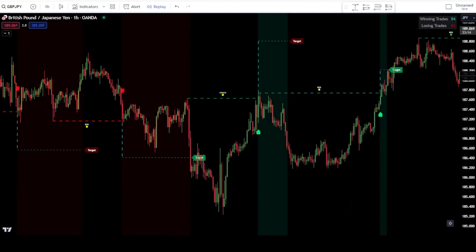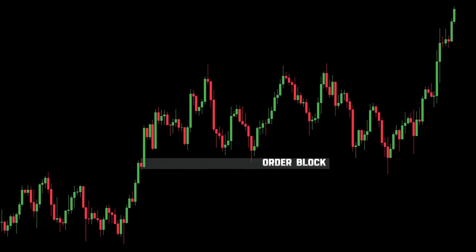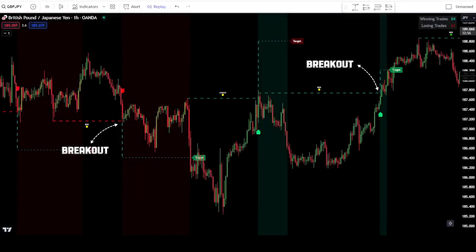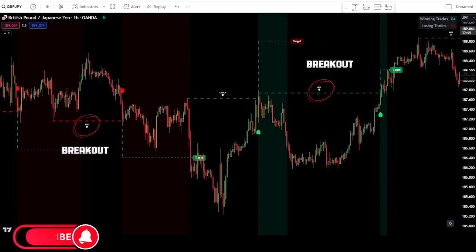As I mentioned earlier, the functioning of this indicator is similar to using the Smart Money concept indicator in general. The areas of break of structure and change of character will be used as benchmarks for order placement. However, unlike the Smart Money concept indicator where you place orders in the order block area, this indicator will utilize breakouts at the break of structure and change of character to determine the placement of orders. If the price can break out at the break of structure and change of character, the indicator's order placement signal will appear promptly. You just need to follow the buy or sell signals that appear from the indicator before placing